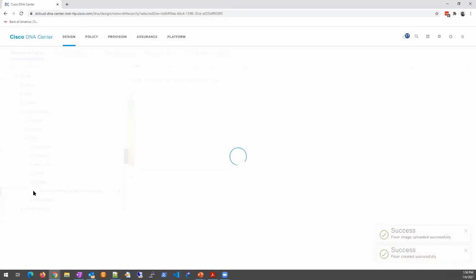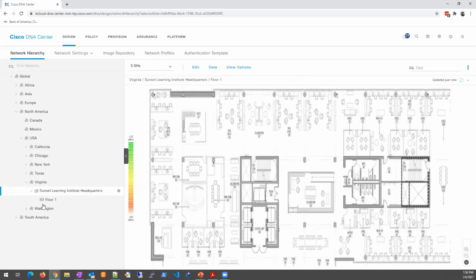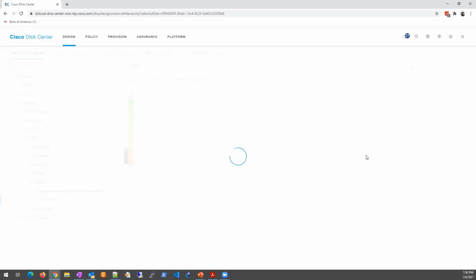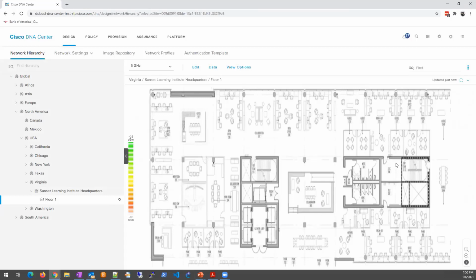And once you upload it here, you can use this layout to allocate access points, do heat maps, upload heat maps from relevant applications, and add sensors, and that will give a lot of information and telemetry to DNA. So I created my hierarchy. I have my building and my floor. Now I need to go and try to provision